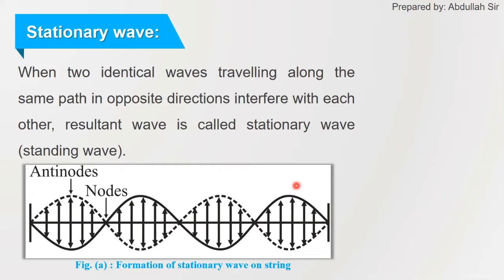In a stationary wave, these arrows are indicating the direction of motion of the particles, or the vibration of particles. When a stationary wave forms in a medium, particles vibrate in a vertical plane, and there are certain points in the region at which the displacement of these particles is minimum. Those regions are called nodes, and the regions at which the displacement of the particles is maximum are called antinodes.